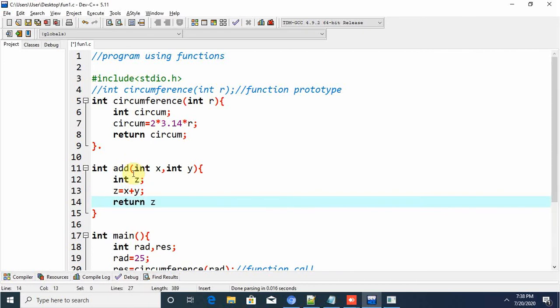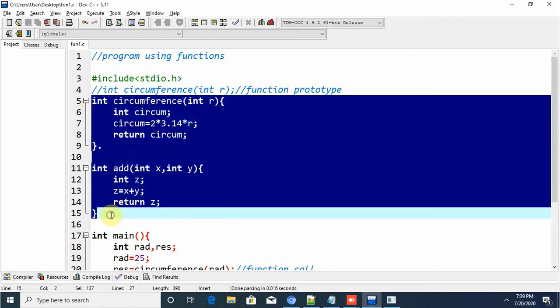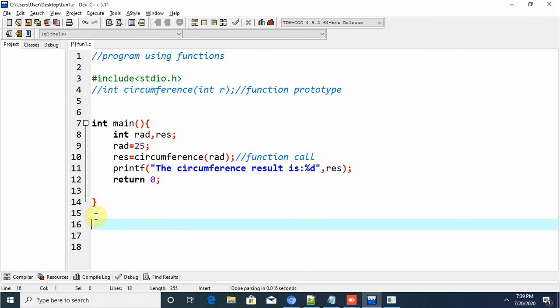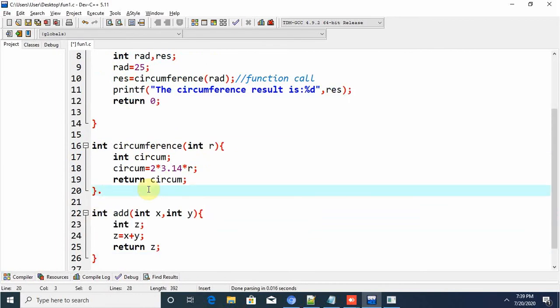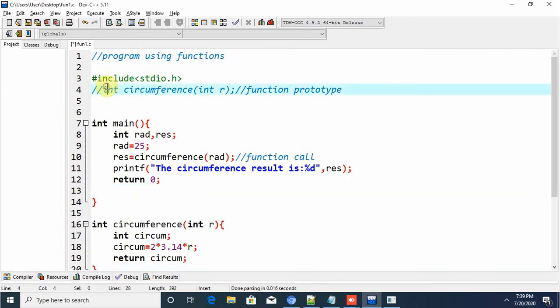Right, and return z. So I might have so many functions for the application. That's why I brought all these functions down, to get a clear picture of the view, nothing more than that.